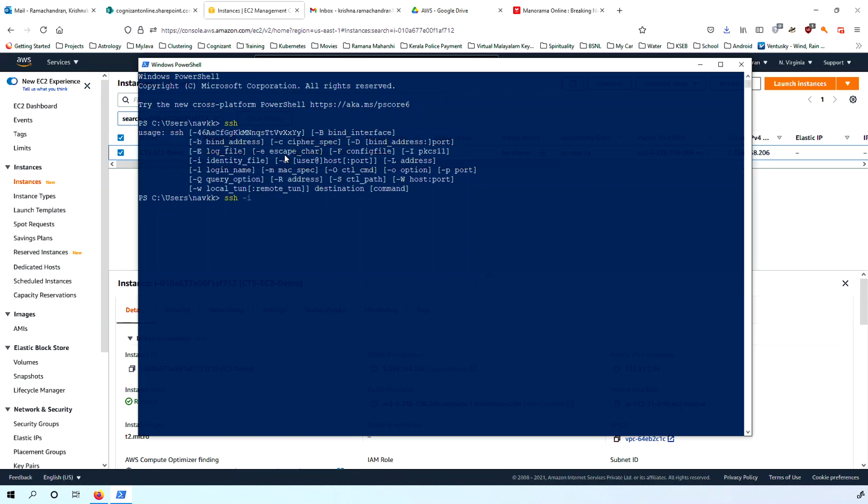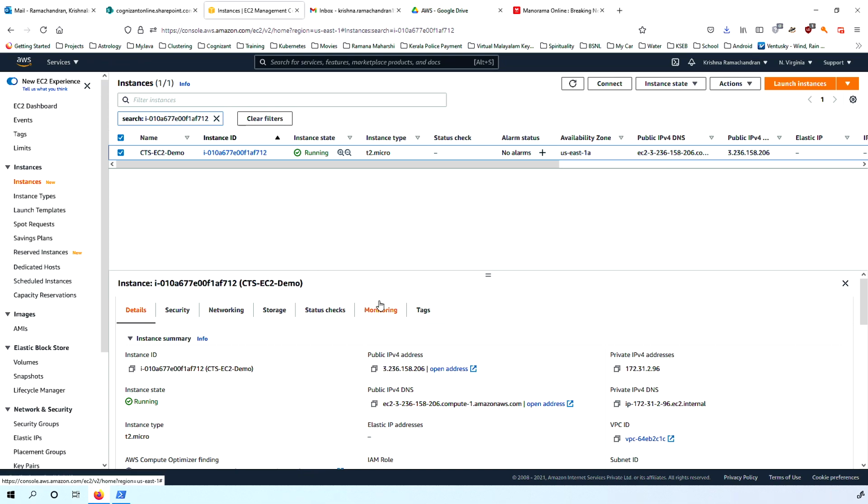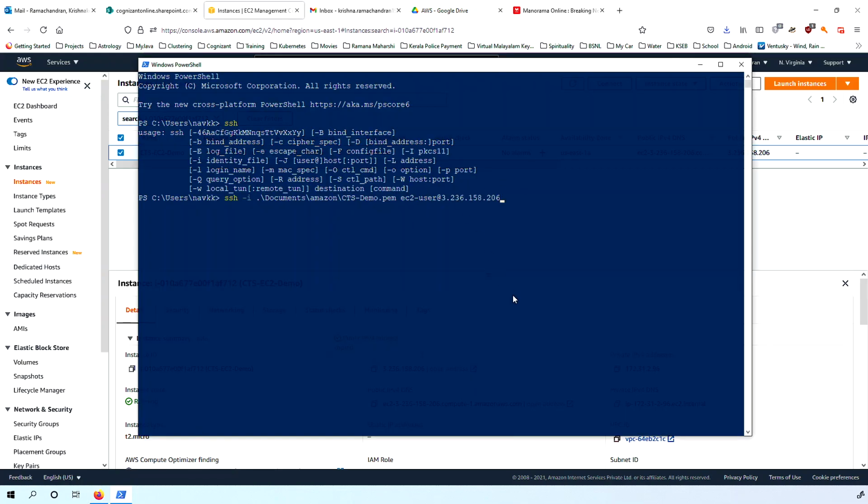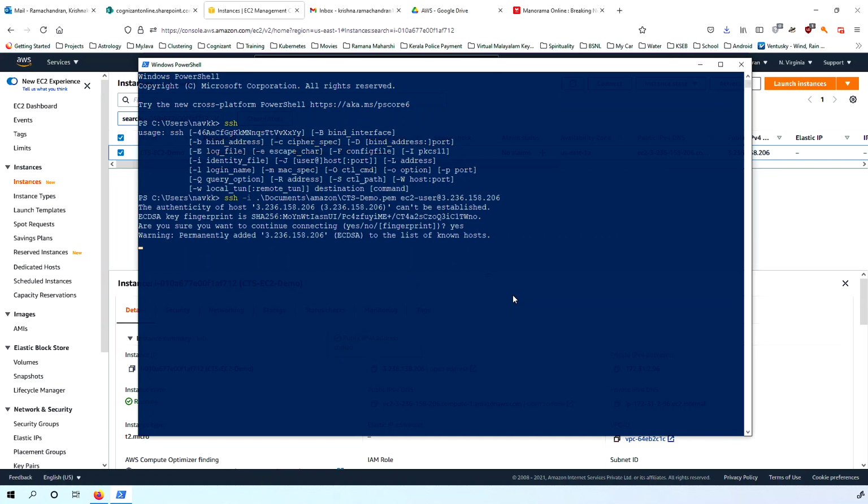First, I will select the private key. This is available in my Documents, Amazon, CTS demo, and then ec2-user at IP address. I'm using my personal account here to speed things up. So I will use the public IP address, which is this public IP address. Give it and press enter. If it is the first time, it will ask for a yes. Give yes,